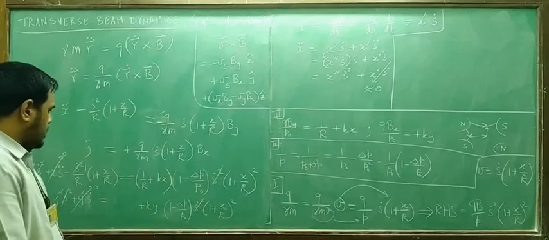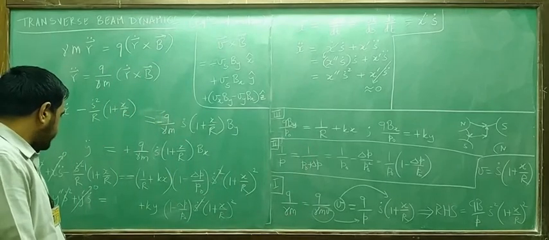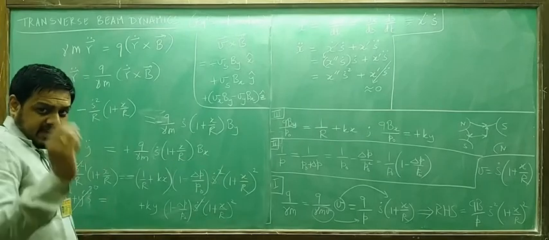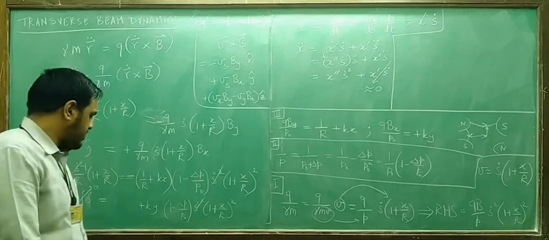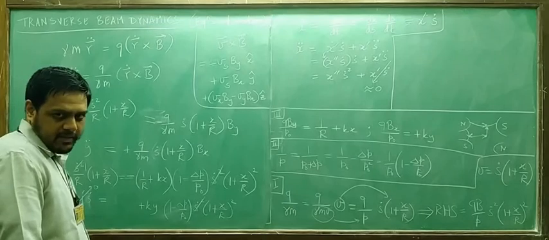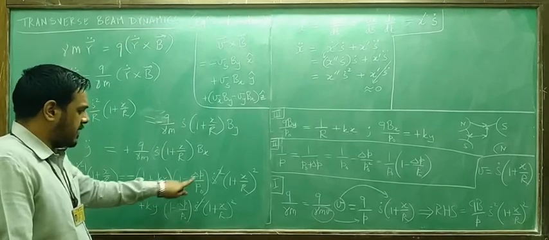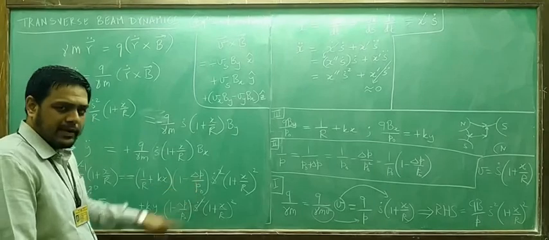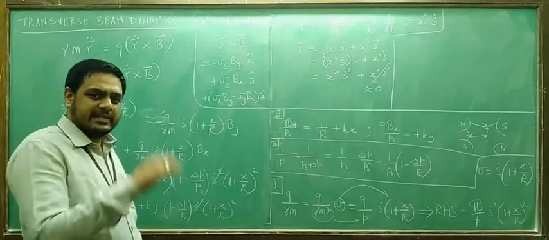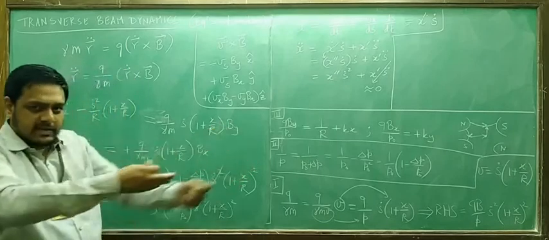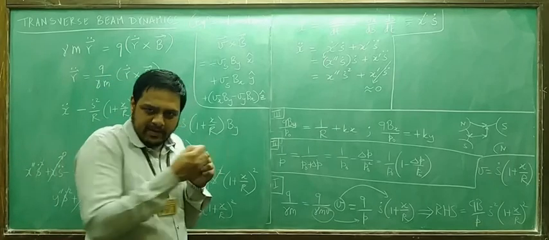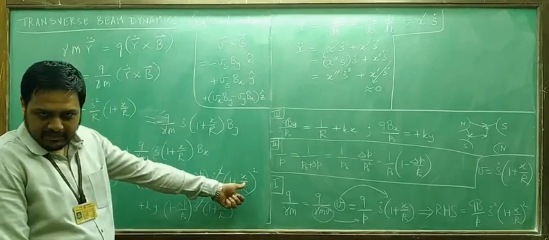Now basically, let us try to examine all these terms. One thing you will notice is that everywhere these terms are nearly close to 1, or there is a dominant term. For example, in this term you have 1 minus delta P by P naught, and delta P by P naught is extremely small. Here you have 1 plus x by R. R is the radius of curvature, a big few meters, and x is only a few millimeters here and there where the beam will be. So x by R is extremely small.